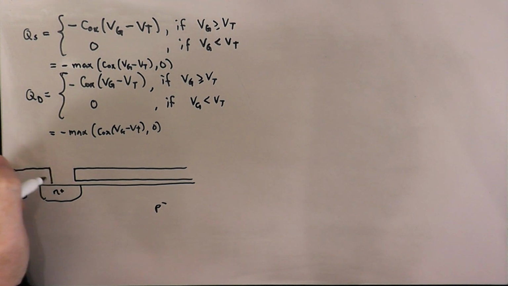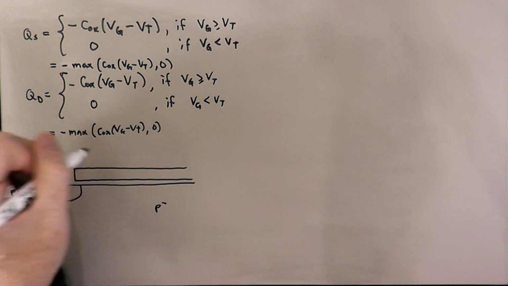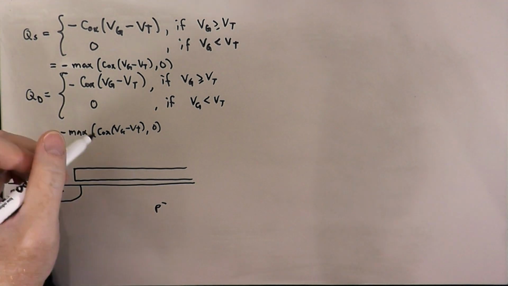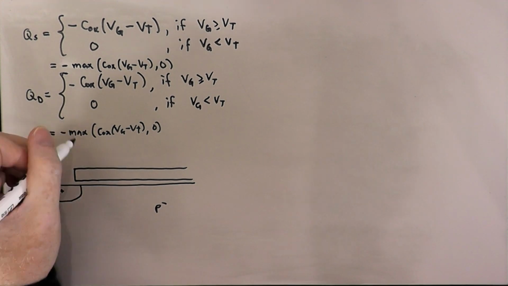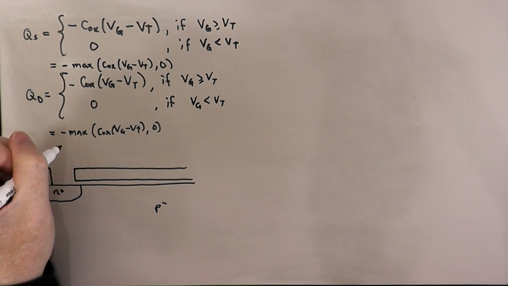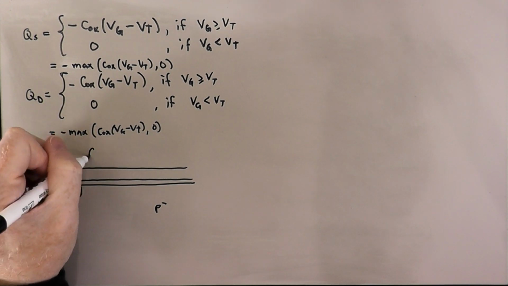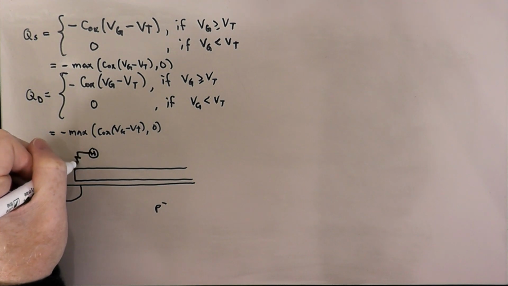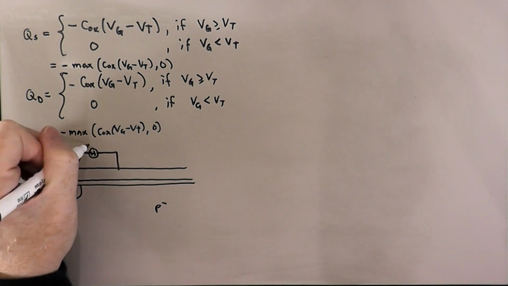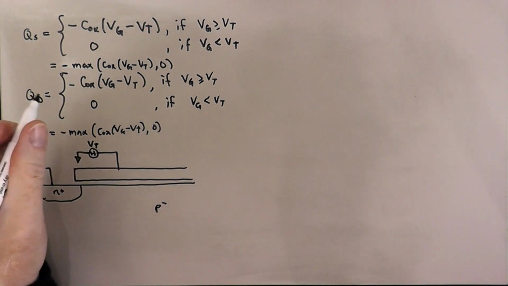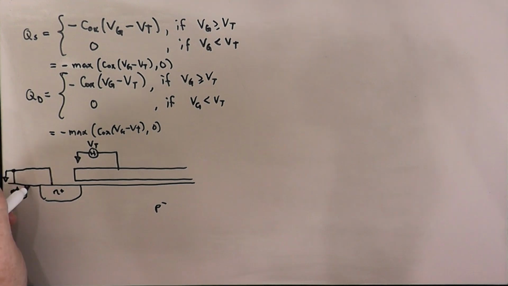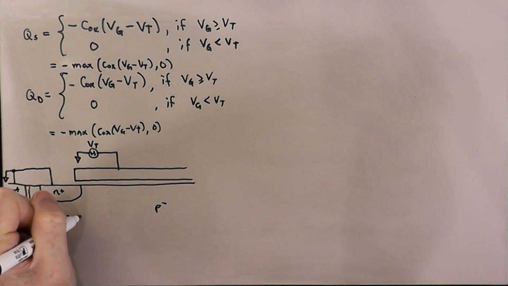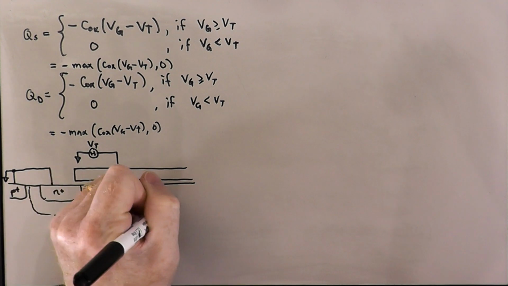We imagine, for the time being, that we have our source connected to ground and our gate connected to some potential. We'll call it the threshold voltage, Vt. So this is a particular gate voltage that basically makes the depletion region under the channel the same thickness